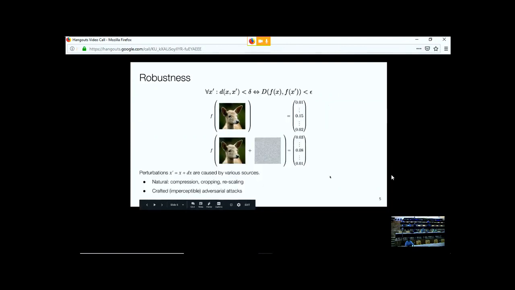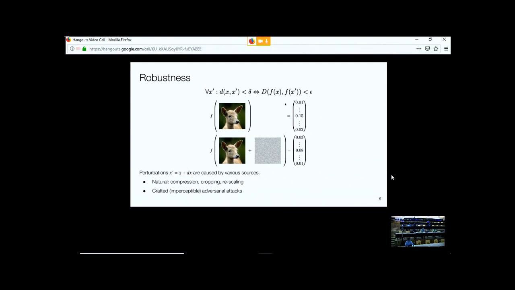So in general, this leads to this technical issue of what robustness means, or what we want to achieve. Let's say I have an image X like this fawn here, then what I would like is for all inputs x prime that are close to x, where d is some Euclidean distance, for instance, and I have some parameter delta, then I want the outputs of the neural network on these two inputs to be similar as well. So capital D here, we can think about as some distance measure on these probability vectors.